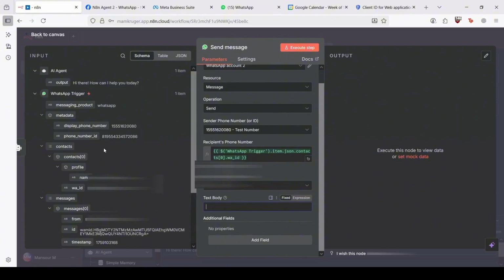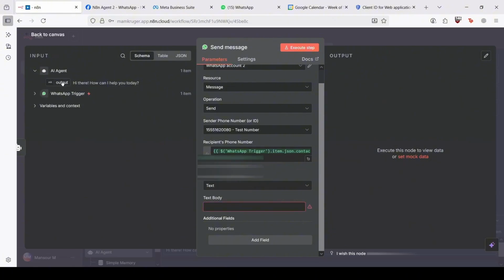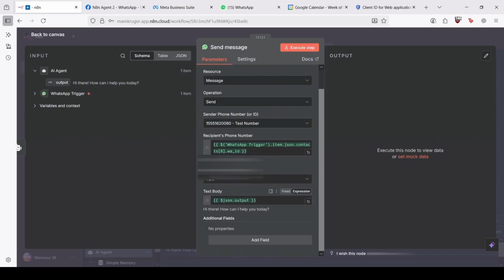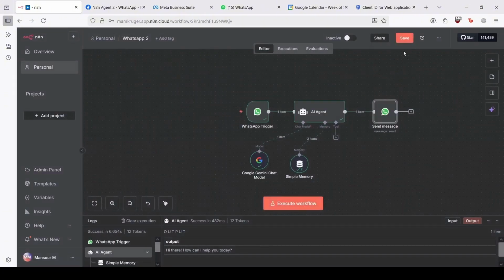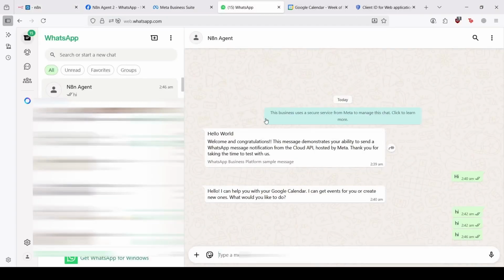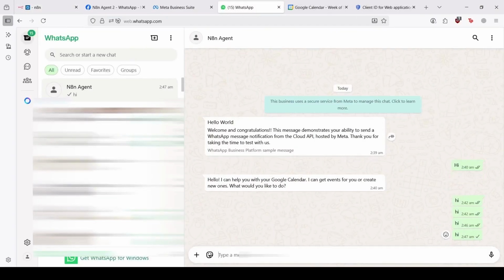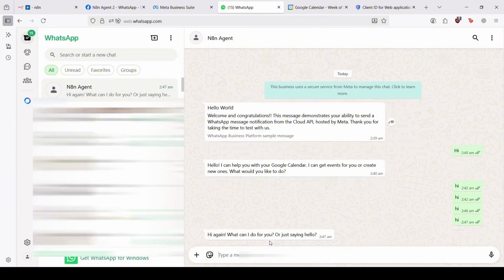For the text body, it's going to be the AI agent message that it output, and that's it. Now let's save it, execute workflow, go back to WhatsApp, say hi. Okay, now we got the message that we want. So the AI chatbot now is connected to